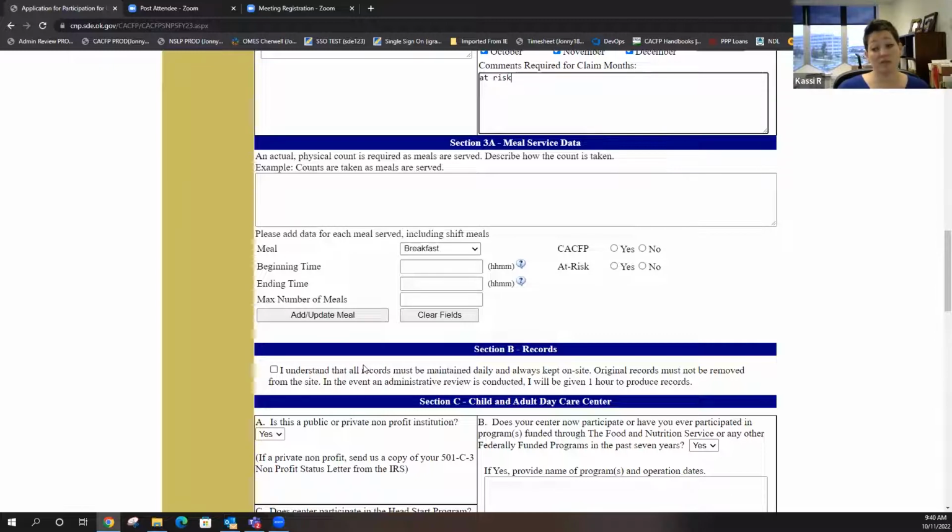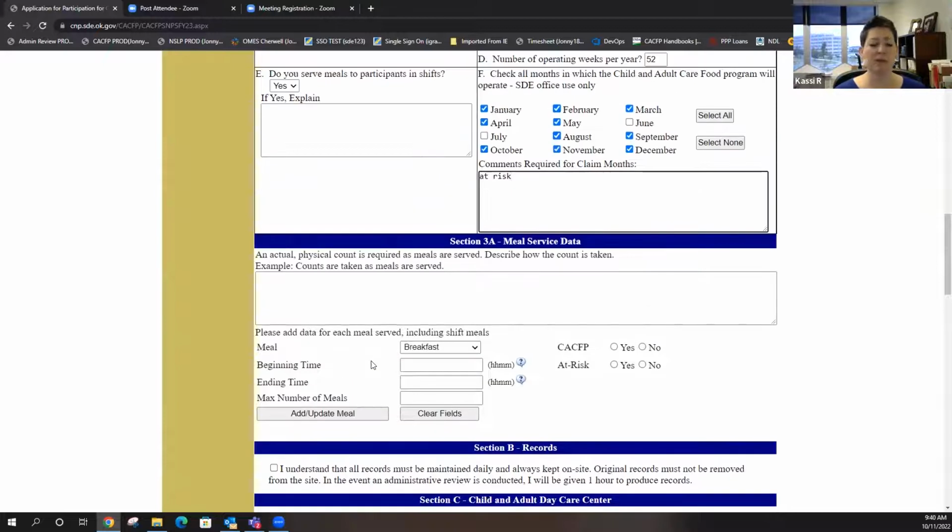And it doesn't mean the meal has to be over by the ending, because we do make you put an ending time, but that's just the ending of when you're serving. Because you might serve a child right up until the last minute, and they might eat for 15 more minutes past that, probably not, but that's the time in which you're serving. Okay. So anyway, maybe that will help answer your question, because if we're just talking a few minutes, you might just consider lengthening your serving time.